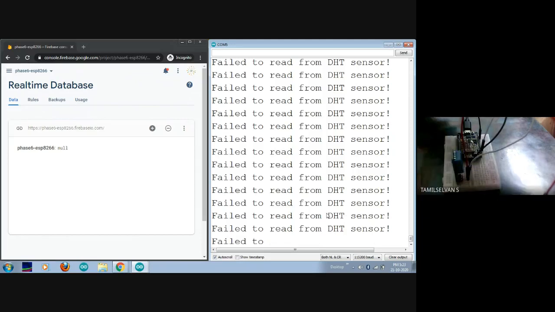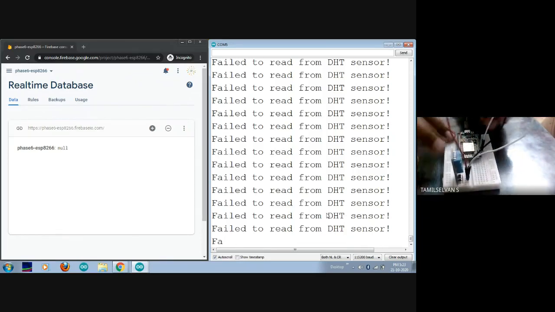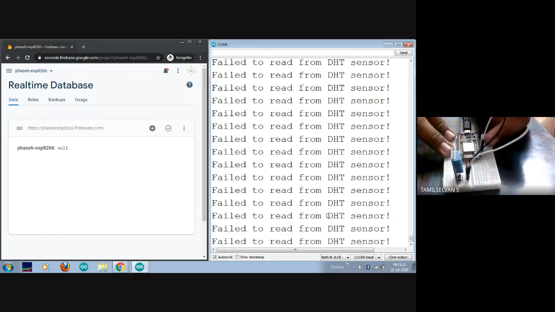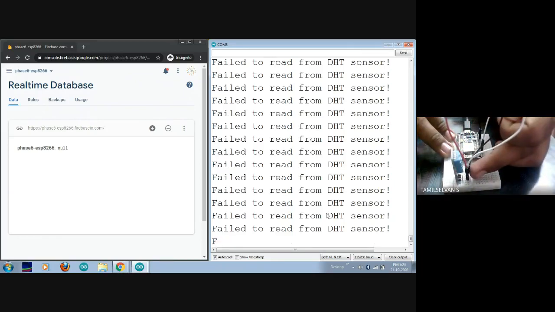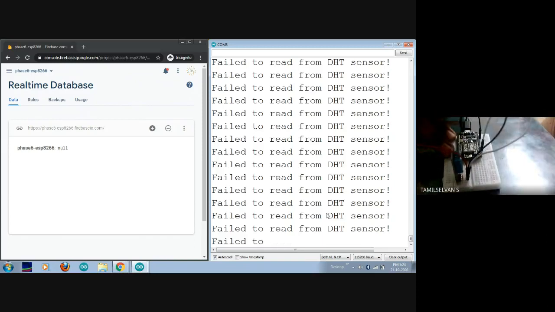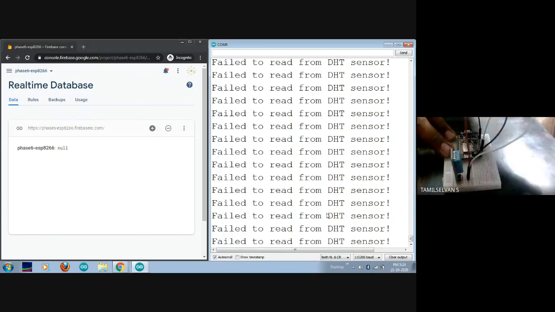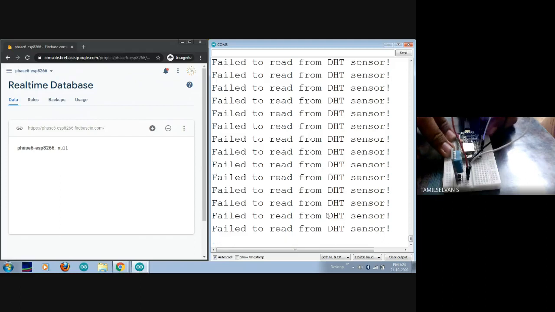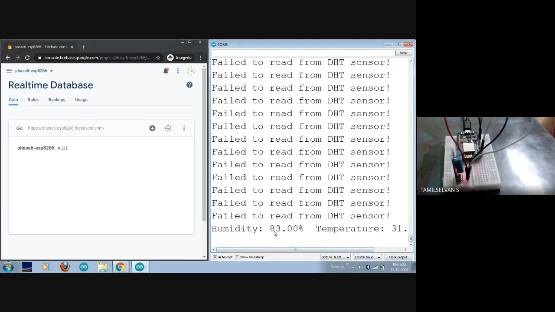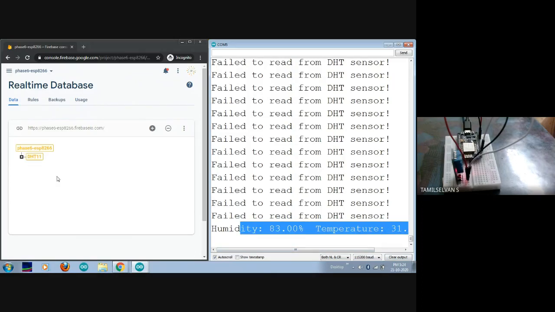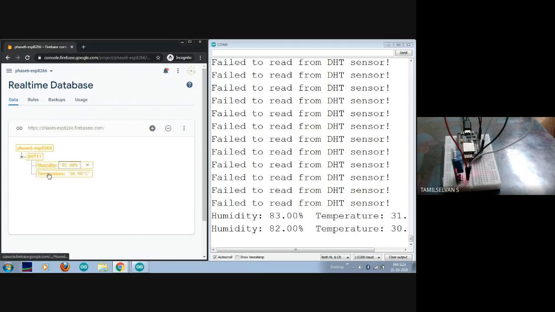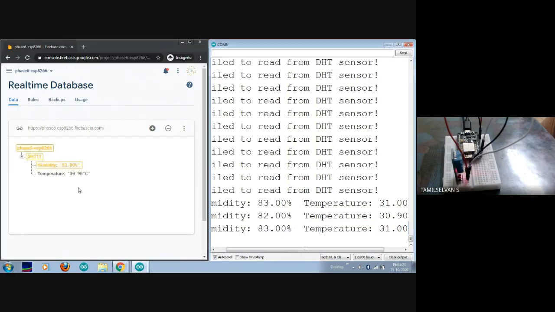Now, as soon as I give a power supply to my sensor, I have connected my D4 pin to the data pin of my DHT11 and the ground pin will be grounded. Only this red pin, the VCC, I am going to give now to 3.3 volts. Once I give it, I can see a certain temperature in the serial monitor. And similarly here on the left side, I can see the humidity and temperature parameters were added. As soon as the temperature and humidity parameters change, they will be displayed in a different color.